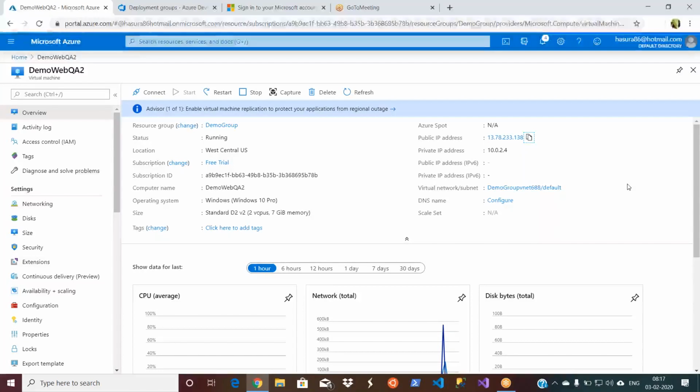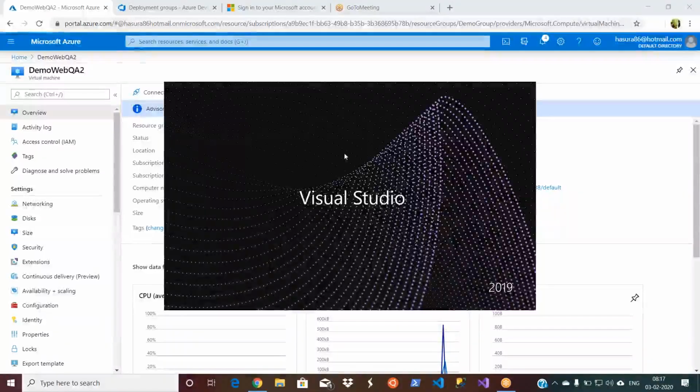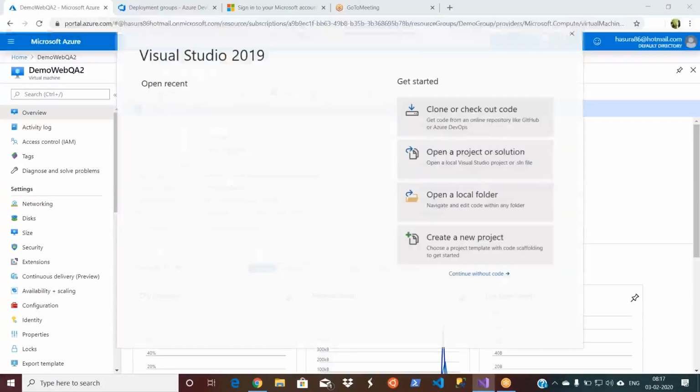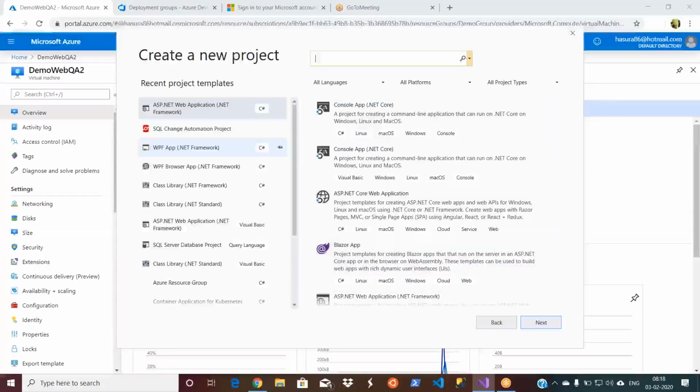Then how did you create this API server project? Just the same. You go to Visual Studio and create a new project. Earlier we were using the MVC project, right? So you go to create a new project, and then again you select the same ASP.NET web application. Say next.